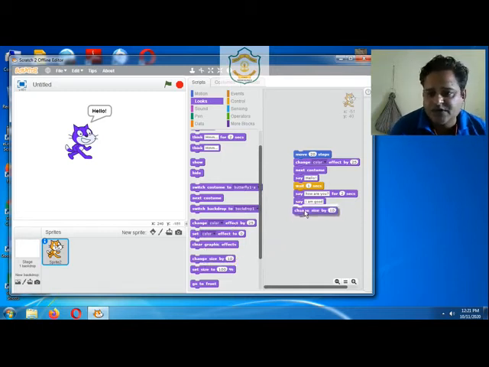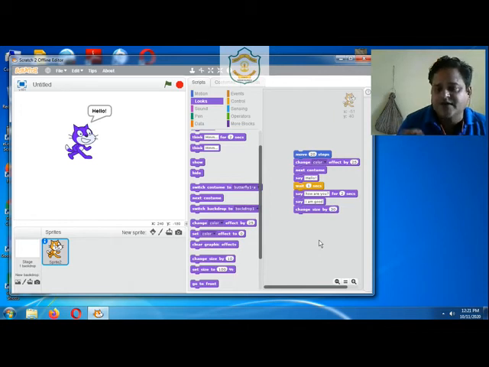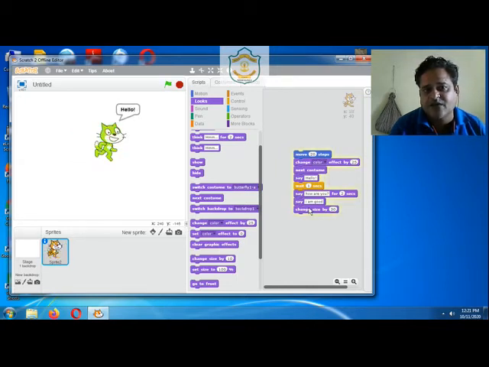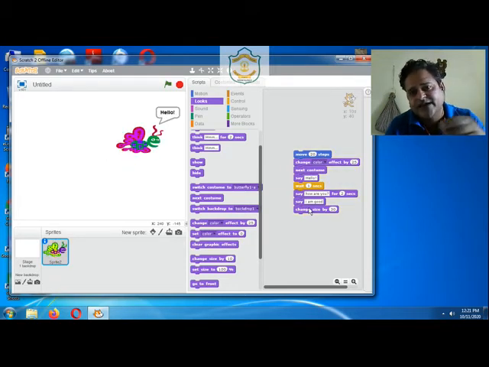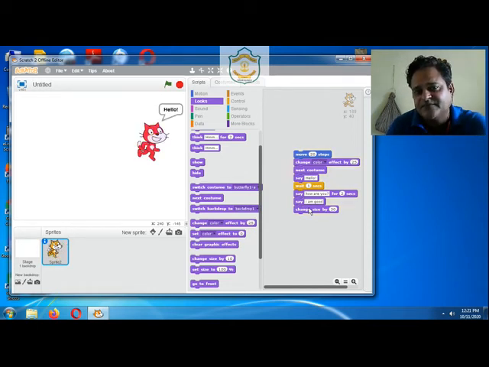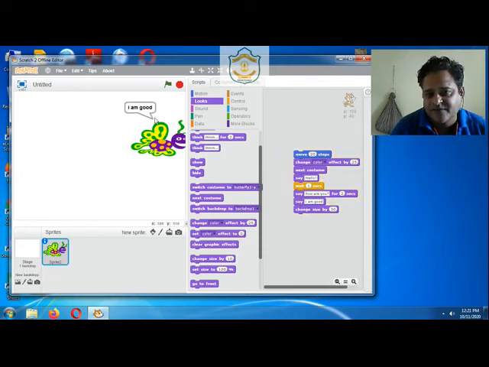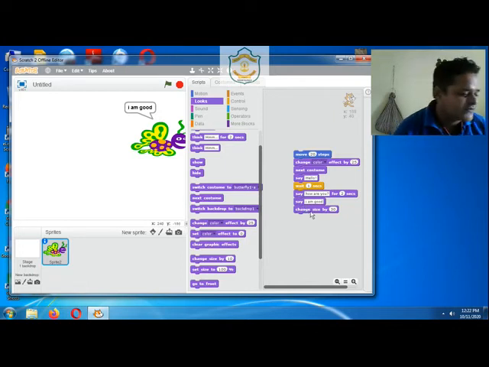So this is the block used to change the size. Here we can modify the number according to our requirement. As shown in the book, I have taken it as 30. Now let's see how it does. It is executing all our commands, but it has also increased the size of the sprite. Now you can notice the size is larger because I have inserted this block at the last. So this block is used to change the size of the sprite.